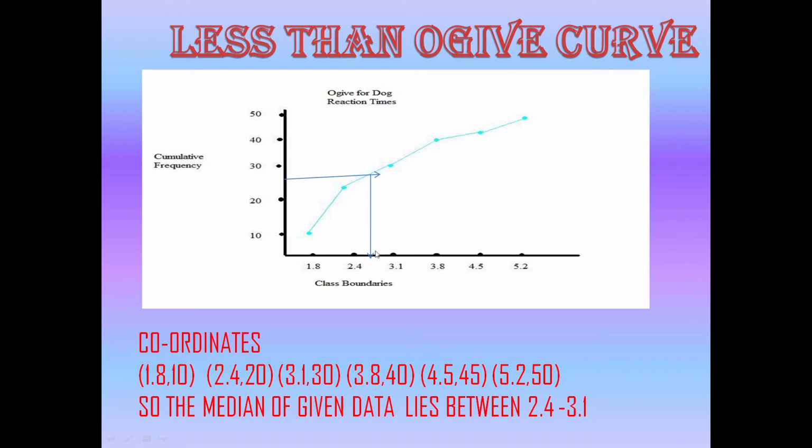I think it is approximately 2.6 or 2.7, like that approximately we can estimate it. Okay children, so everyone can easily see the problem and understand this very easily, and the explanation is also in a very easy manner. So the median of the given data lies between 2.4 to 3.1. This we can identify. This is one of the examples. Next one,